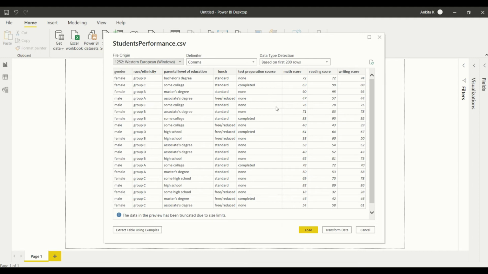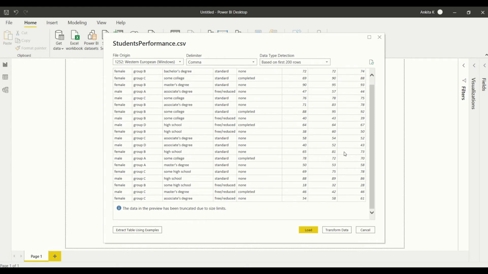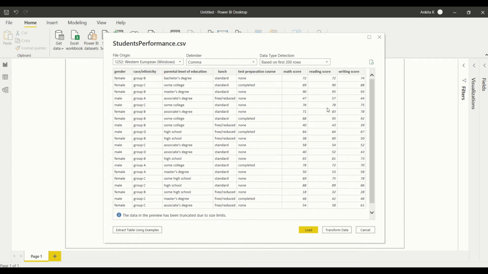You can see the truncated table. This is the primary data that I took from the internet, from Kaggle to be specific. If you have some proprietary or private data, or if you are just exploring, you can take any data off the internet, but please do ensure that your data is clean. Ideally, if there are no null values, as a beginner it would be easier for you to handle it in Power BI.